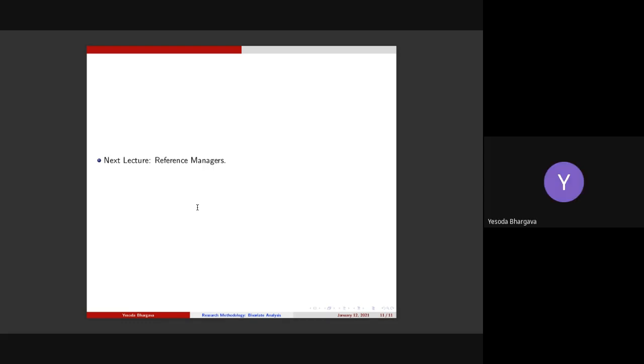Or if you want to do that at your laptop space, then have two softwares. Do exactly the same thing in Python, do exactly the same thing in R, and then compare. This is a better way.